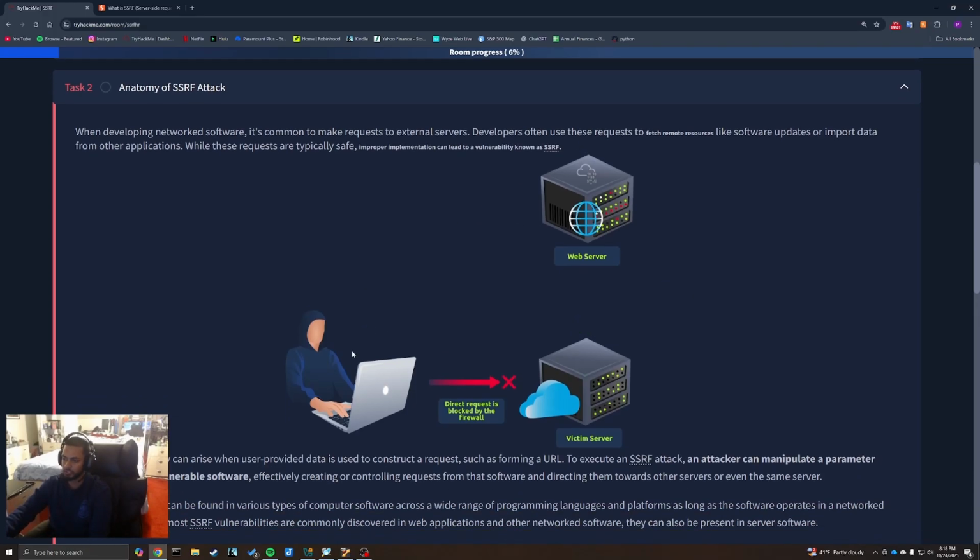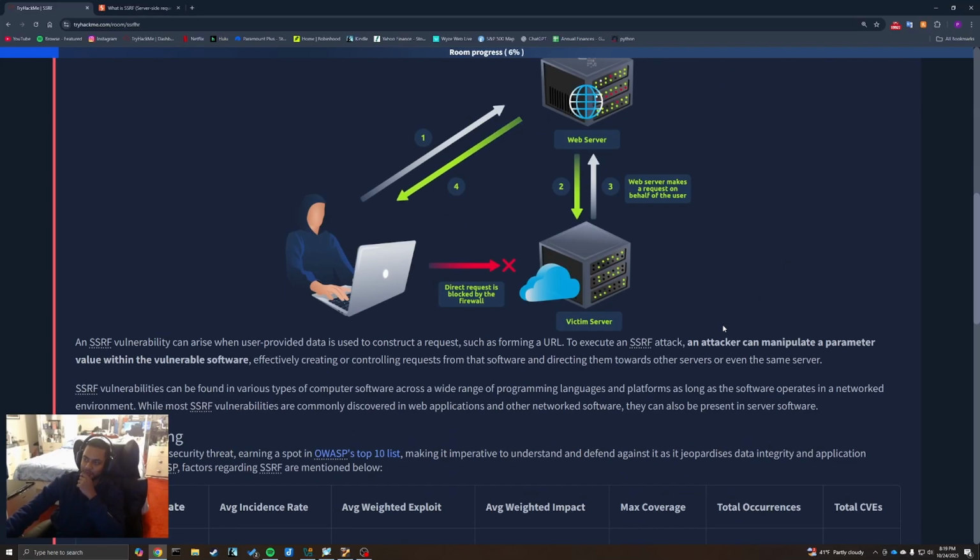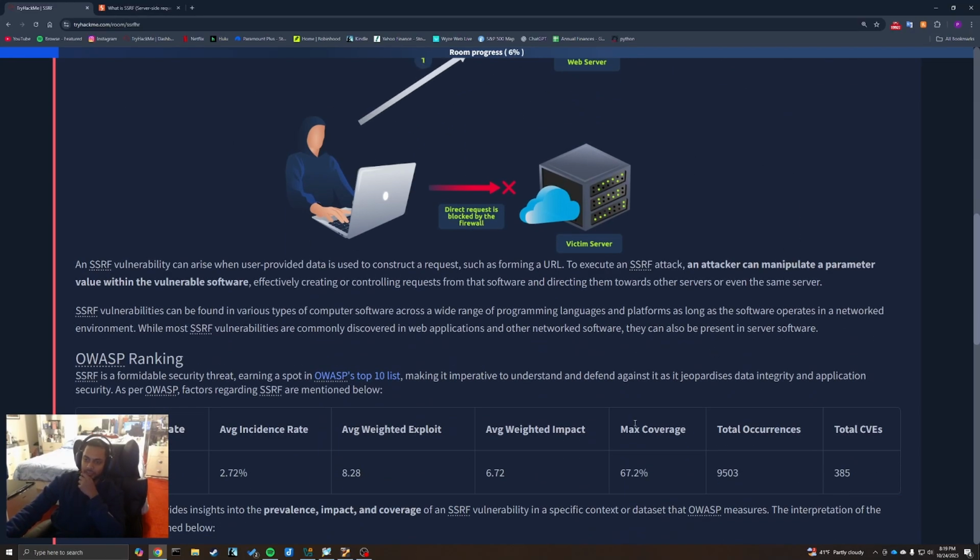And let's take a look here. So we're going to the web server. The web server makes a request on behalf of the user. It goes back. Boom. But if I were to just go right to the internal resource, you're impersonating the web server. Very cool. So an SSRF vulnerability can arise when user-provided data is used to construct a request, such as